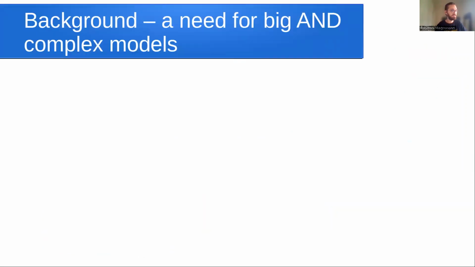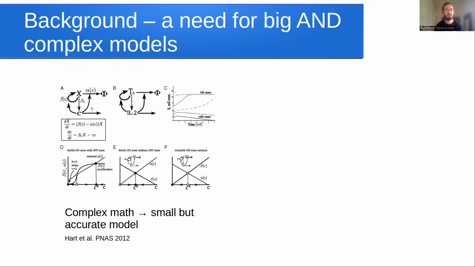So, as I said, I have been working with systems biology and models of biological systems now for a few years. And when I started, I did mainly the kinds of mechanistic models that I know this course also touches a little bit on.